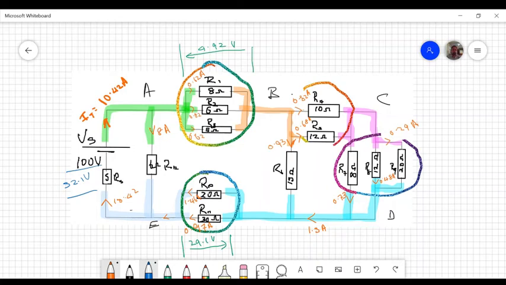Now there are various methods and tips, but that's a systematic method. And this had quite a bit of resistance in it, so there were many bits of current to find. Once you know the current and the voltage or the resistor, you can find the power. But this is the strategy for solving a circuit. So let's recap. First you find the total resistance, and then you work backwards. As you work backwards, you fill in the values that you know. So we first found RT,